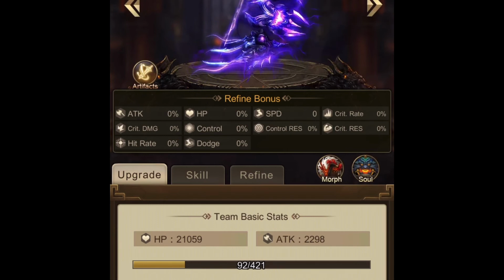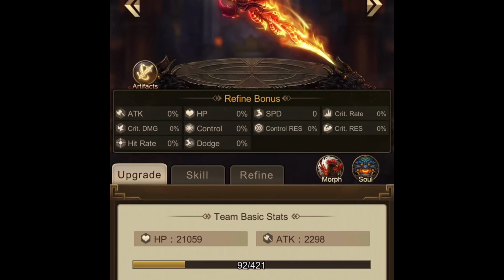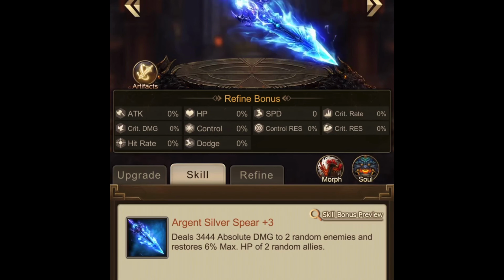Now the disclaimer that comes with that is that the skills your artifact has are specific. So if I level up the skill on this red one, it's not going to carry over on this blue one. The levels of the actual artifact, those base stats carry over, but the skills are specific. So you're going to need a fairly big amount of these refining stones. You can get them fairly easy in the game. It does take a while to level it up, but this does add a lot of damage,